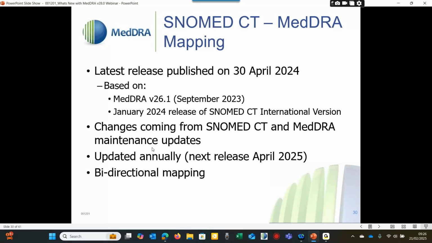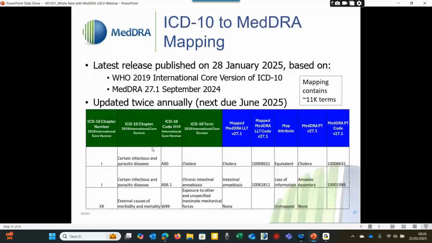Now we've got the ICD mapping, ICD-10 to MedDRA mapping. This is unidirectional, just ICD-10 to MedDRA. The latest release was published on the 28th of January this year, based on the WHO 2019 International Core version of ICD-10 and MedDRA 27.1 from September of last year. This is updated twice annually because the